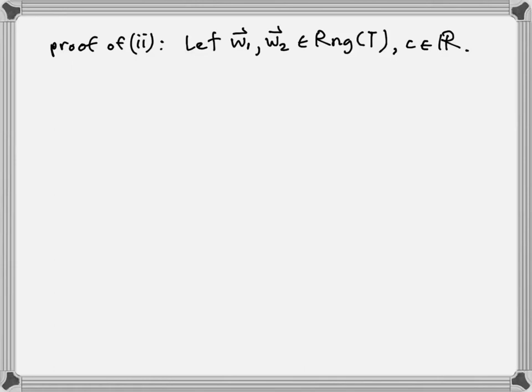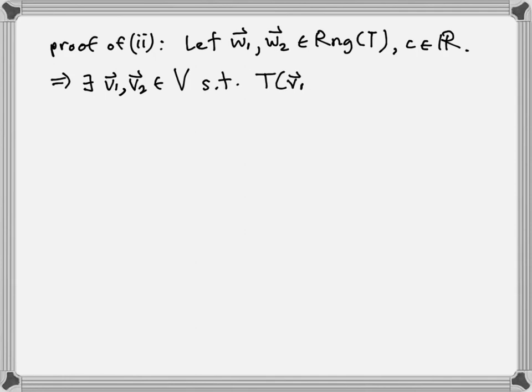We need to show that if you add these two things together, you're still in the range. So let's use the definition of being in the range. This means that there exists a V1 and a V2 in V such that